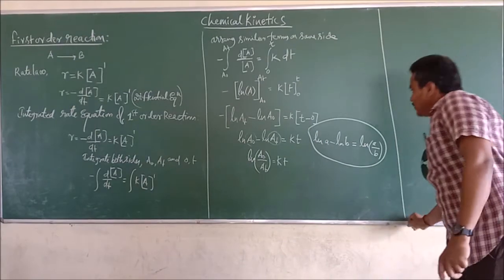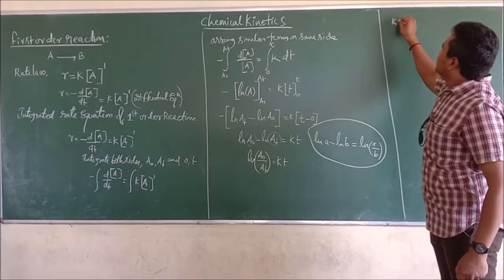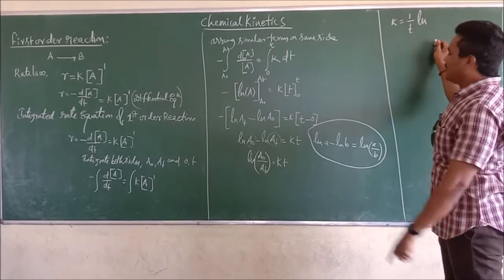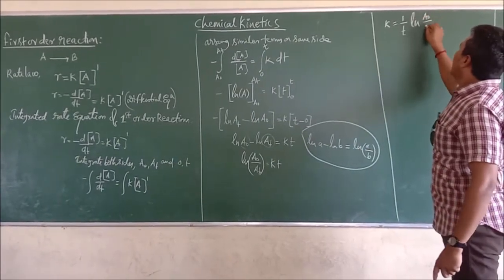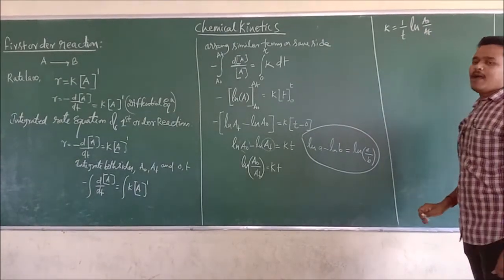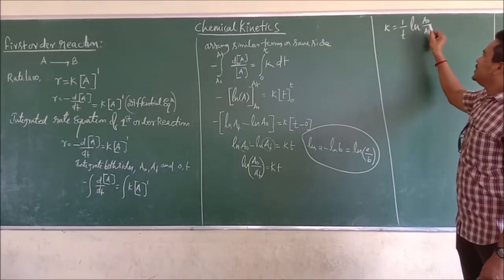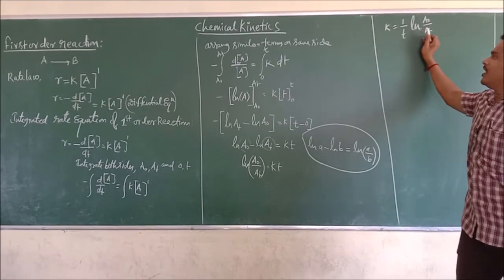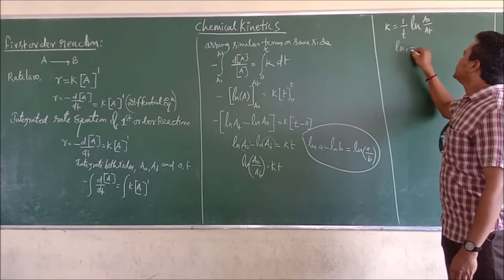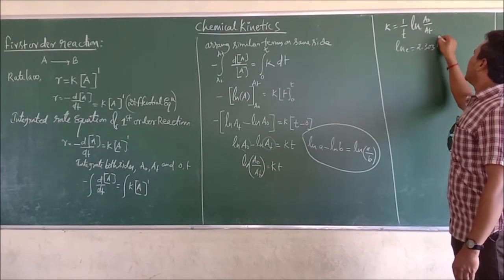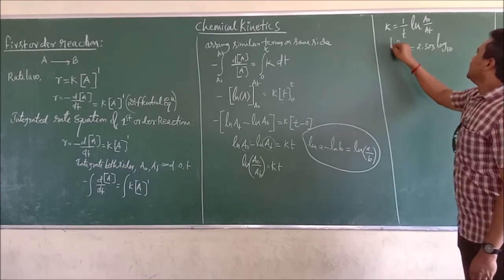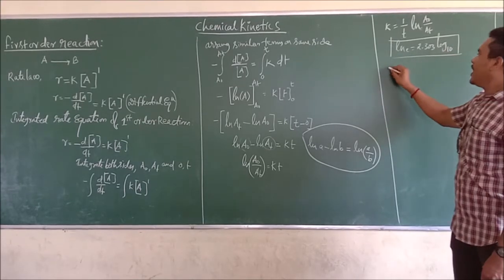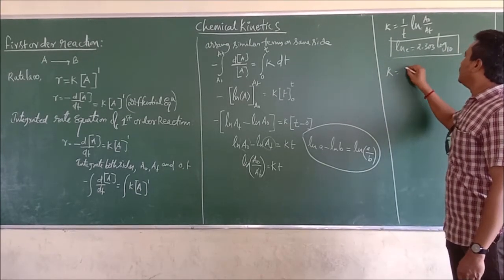Now k I will write this side, t I will send that side. So that 1 by t log A0 by At. Now this is log base e, ln, the base e. We are going to convert it into log with base 10. How can we convert? ln is equal to 2.303 log base 10. This is the relation between log base e and log base 10. What I am doing? k is equal to